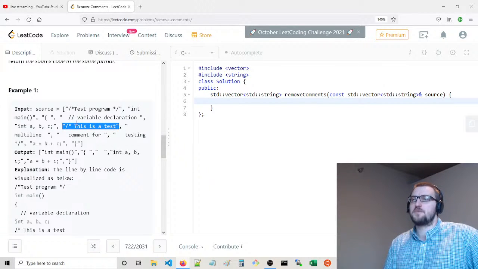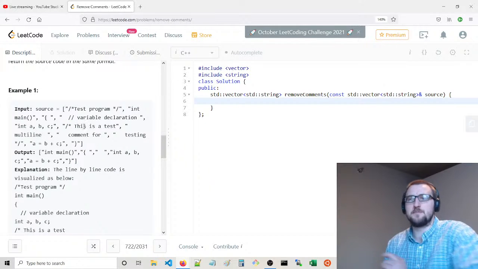Basically you check each line one by one to see if there's a /* combination. If that exists on the line, you take everything past that as a comment, and then you'll have a toggle, and every line after that until you see the closing asterisk-slash is considered a comment, marked as a comment, and removed, or just set to the empty string.